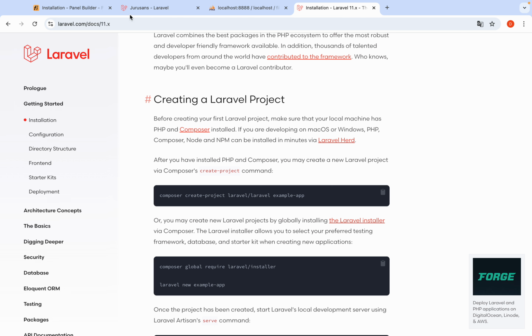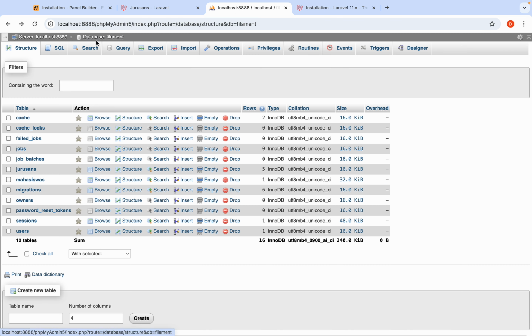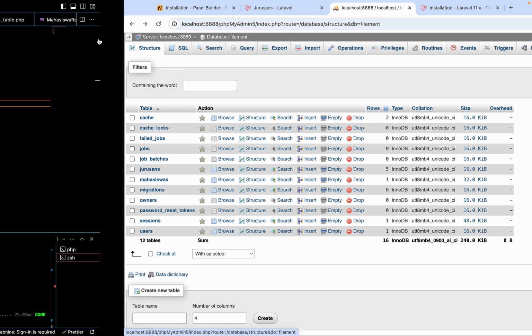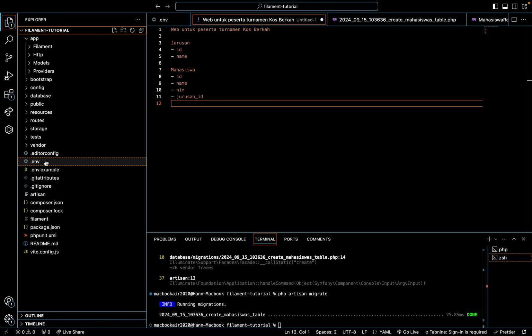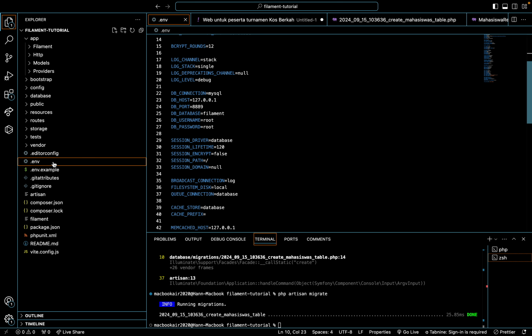Maybe make the database first. The database name is filament. To successfully connect the database, you need to change this, like this.